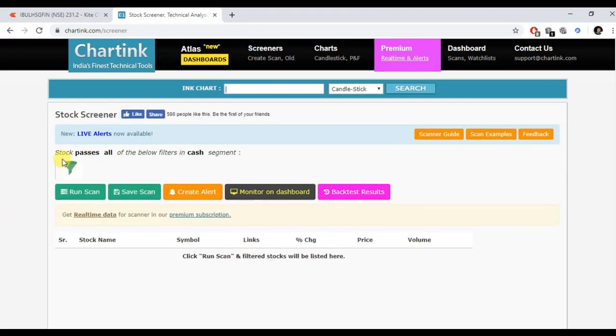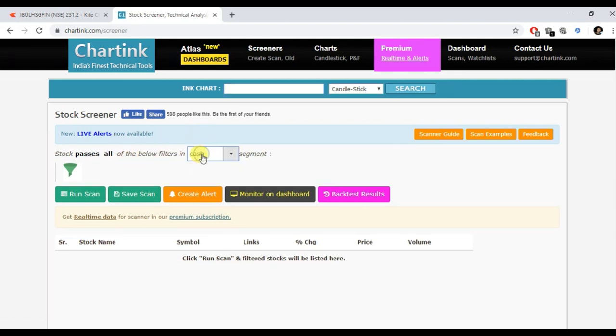Now over here we have to write our conditions and accordingly it will filter out the stocks. It is written, stock passes all the below filters in cash segment. Now if we see over here we have one drop down option. Let's say there are some traders who want to trade only in Nifty 50 or Nifty 100 or Nifty 200, then they can select the index accordingly. Let's say I trade only in Nifty 100, so I'll select the Nifty 100 and create my filters. So whatever the stocks which are in Nifty 100 and fulfill my conditions,